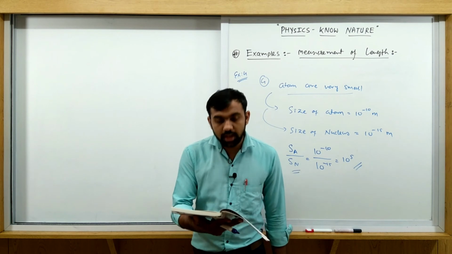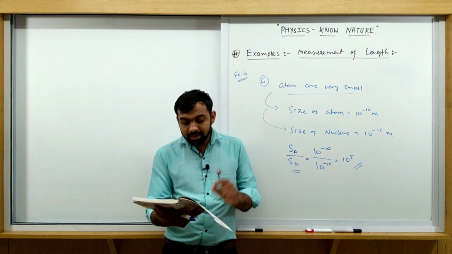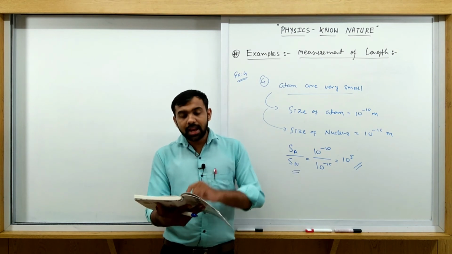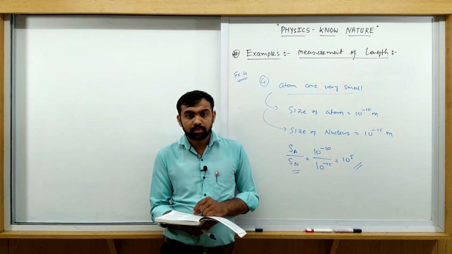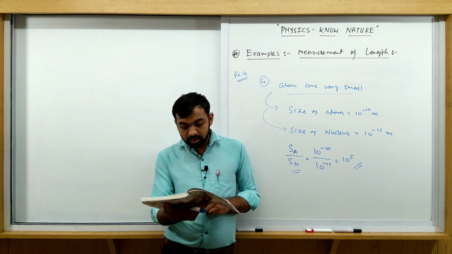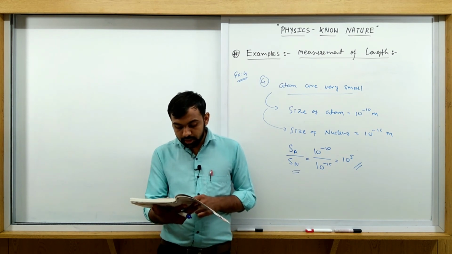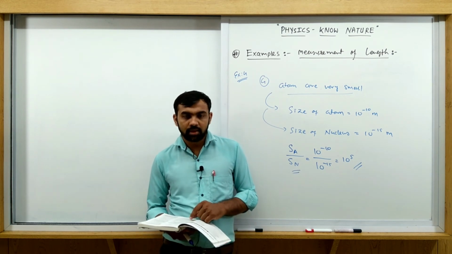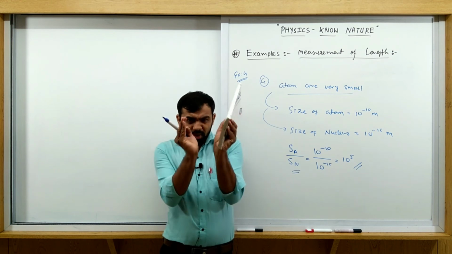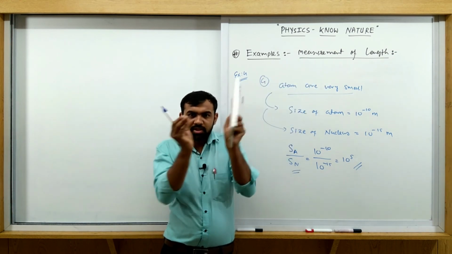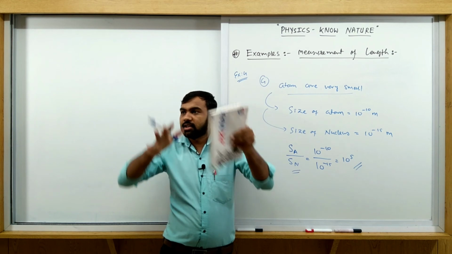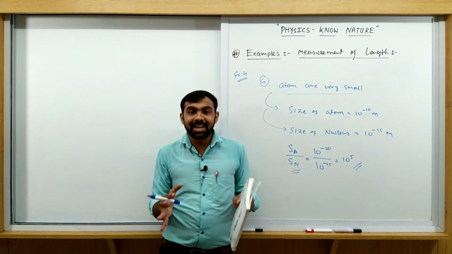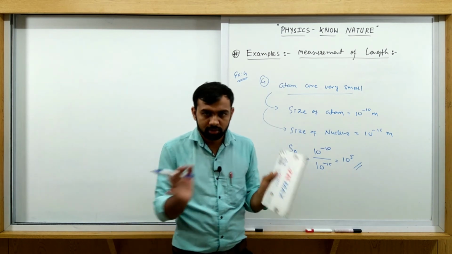Write down, the air inside the room contains a large number of molecules as compared to a balloon. Why? The balloon is smaller, a smaller balloon, not a larger balloon. This balloon is the smaller one, and this room is the larger one. So the number of air molecules in a room is larger as compared to a smaller balloon.